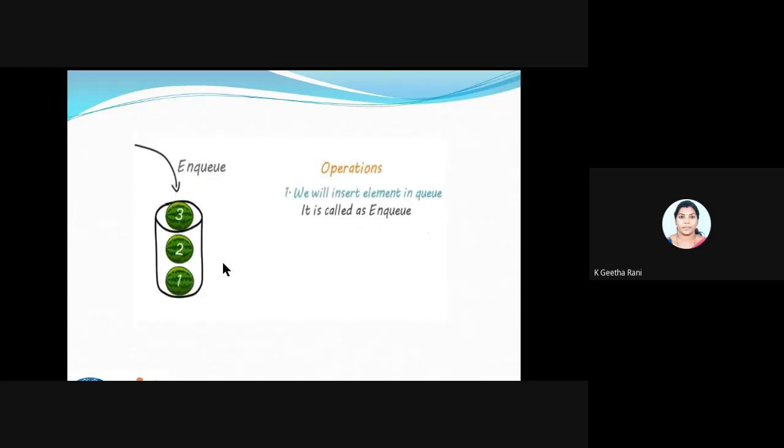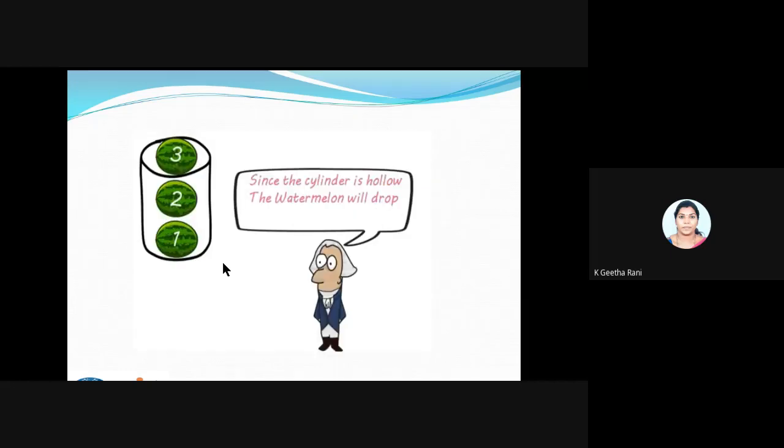We can say we have 2 operations in a queue. Technically we will see the definition and all later. Your queue has 2 open ends. The data we put inside first will come outside first. So it has a concept called first in, first out. But in a stack we have only one open end, and the last one put in will come out first. That is the concept of operations in the stack.